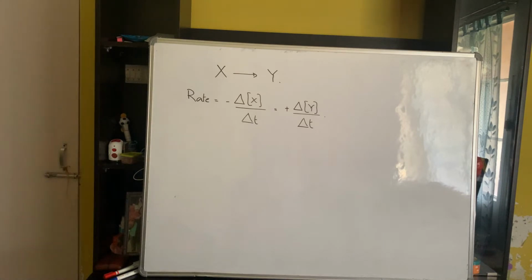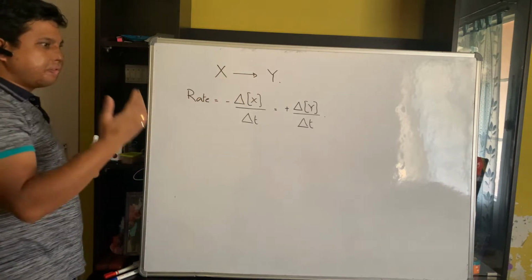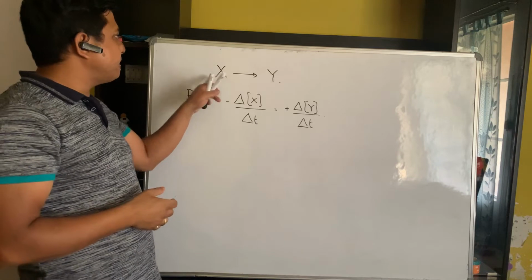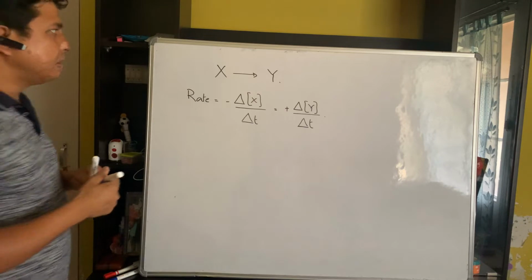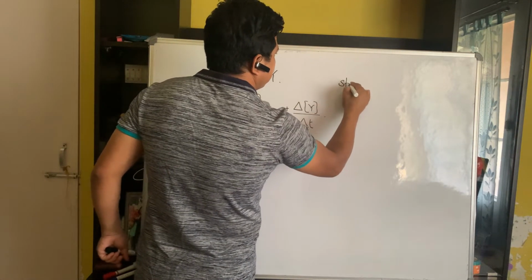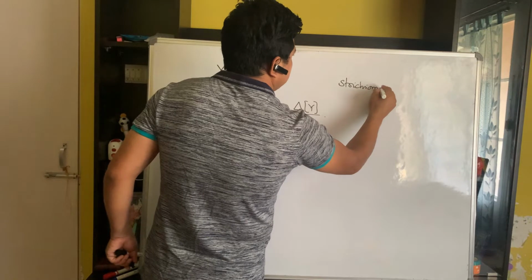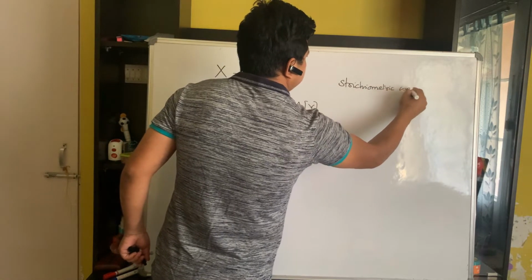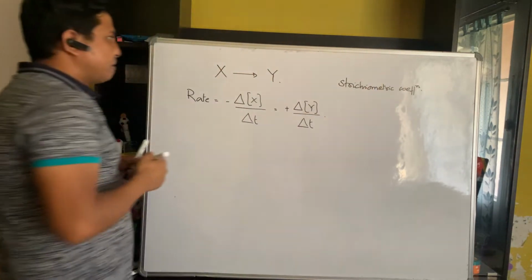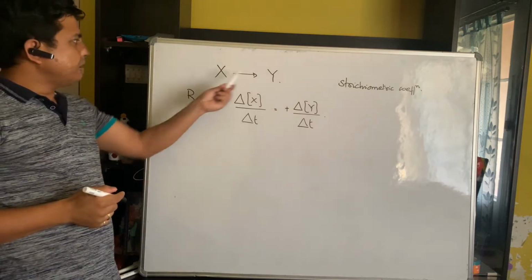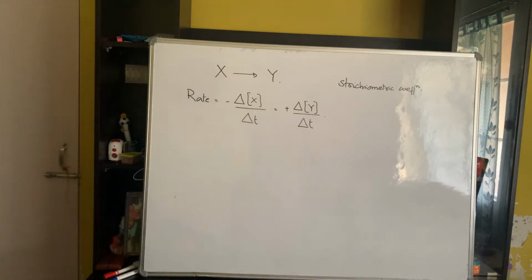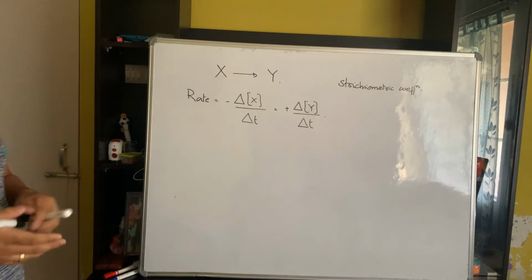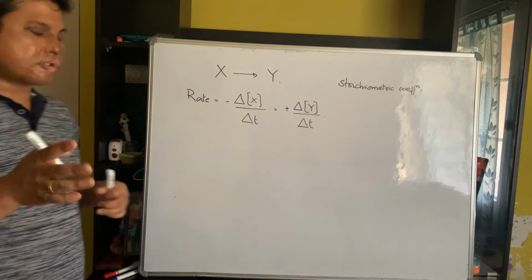And we know while balancing chemical reactions, there will be some coefficients before the reactants and the products. These coefficients are known as stoichiometric coefficients. So what is the stoichiometric coefficient out here? The stoichiometric coefficient is 1. But we know most chemical reactions are not this simple. We have numbers other than 1 in most reactions.